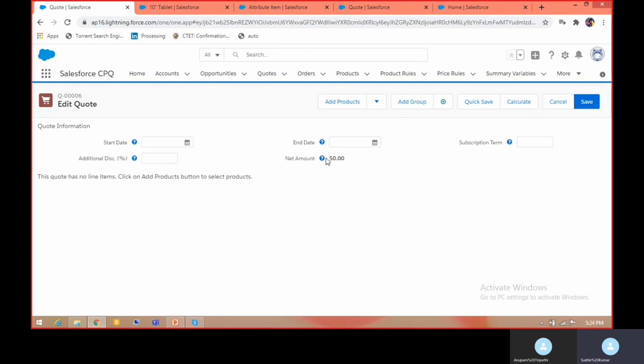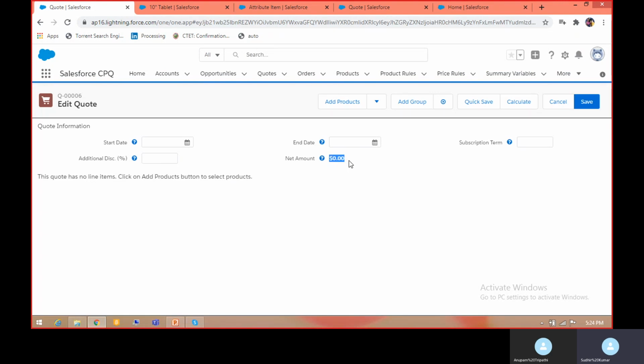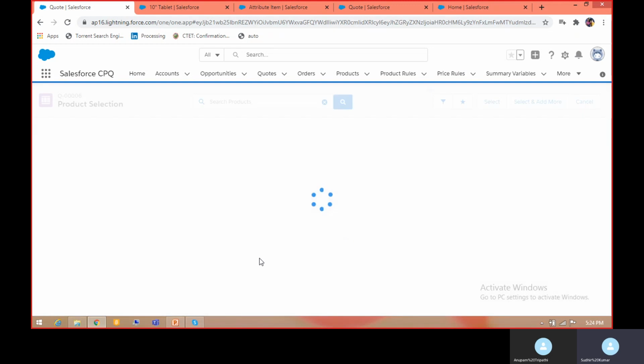Now net amount is showing over here, and you can notice one difference: it is a read only field. Since net amount is an auto calculated formula field, it will be calculated when you click on the calculate button.